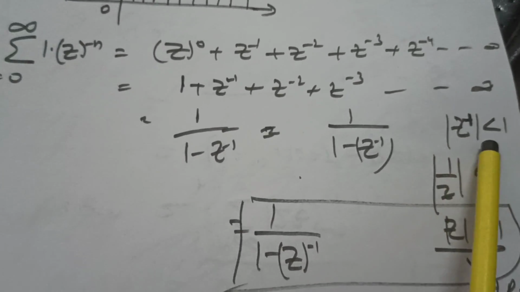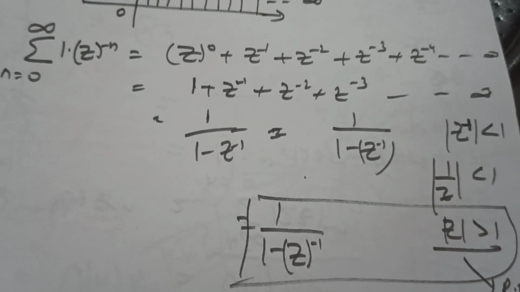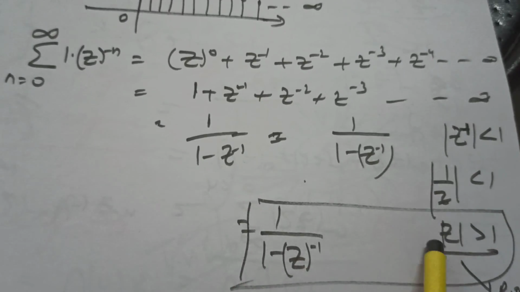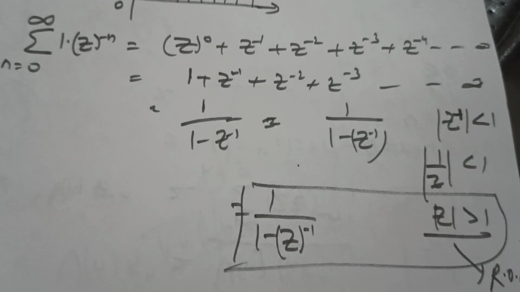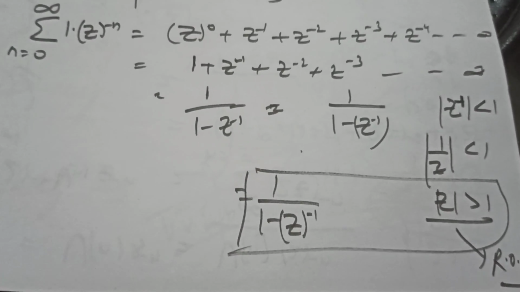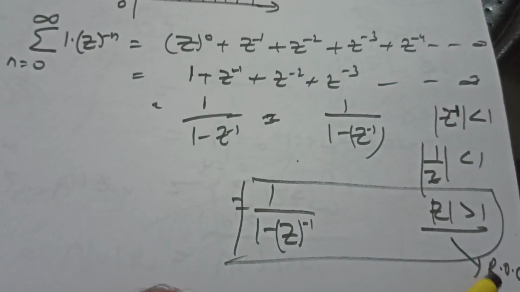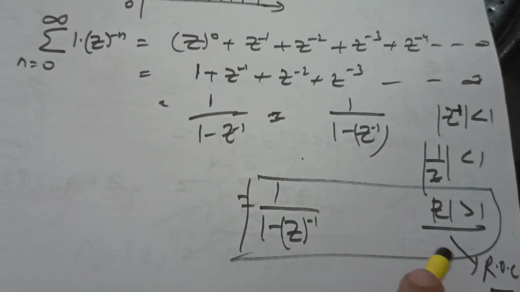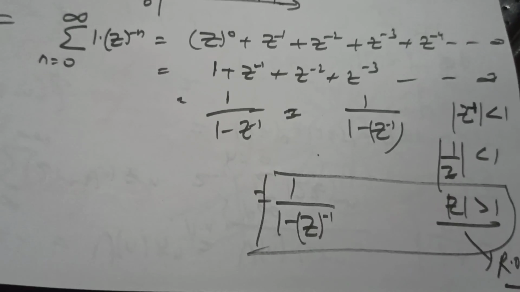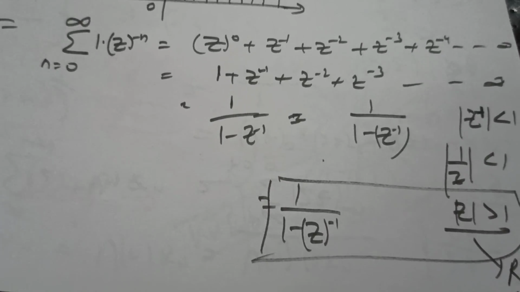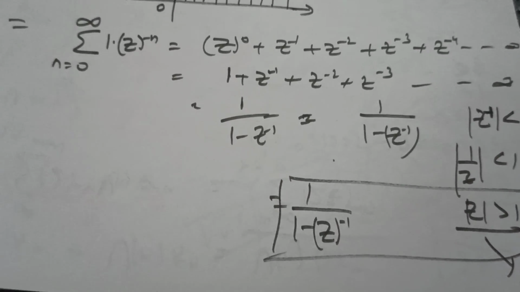That can be seen here. The modulus is less than 1. So it becomes 1 upon mod of Z less than 1, which gives us mod of Z greater than 1. So this mod of Z greater than 1 implies that the Z transform exists